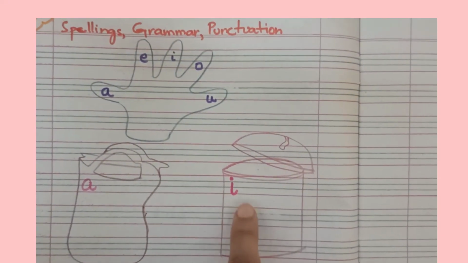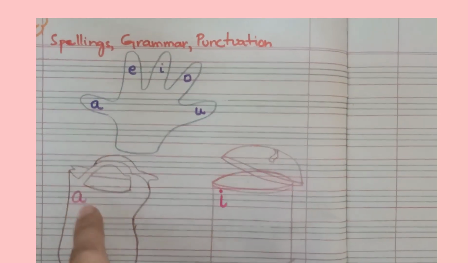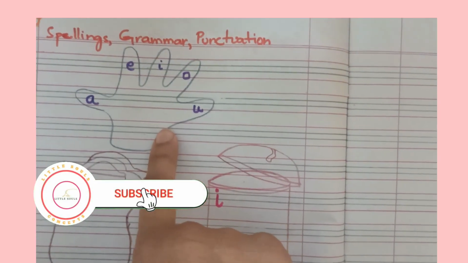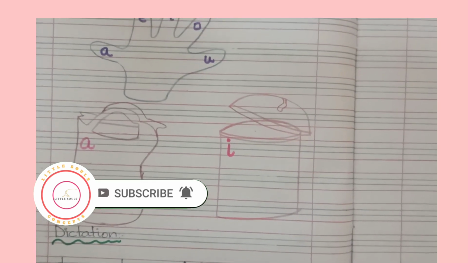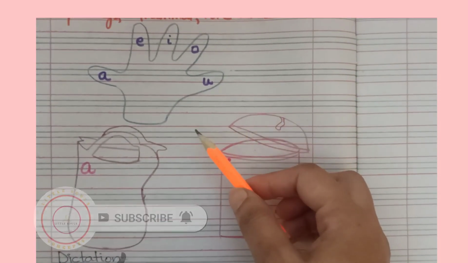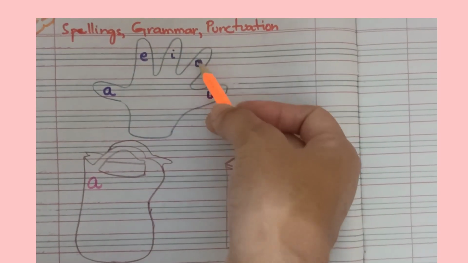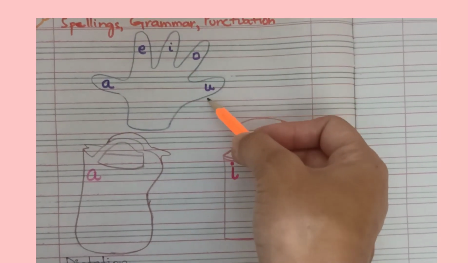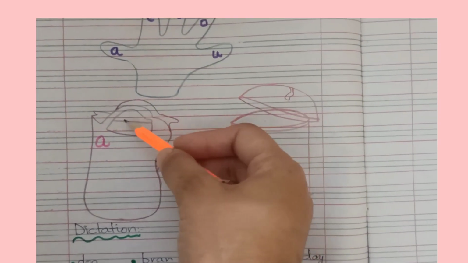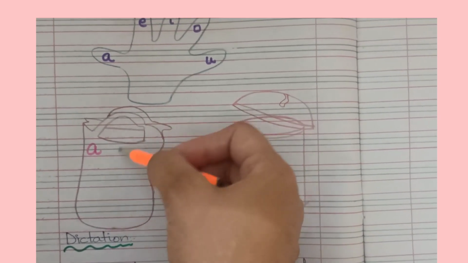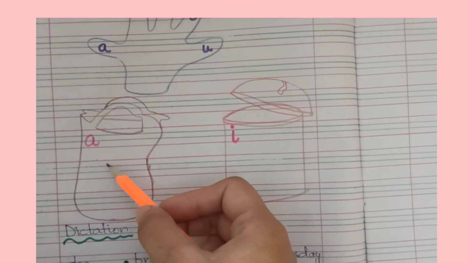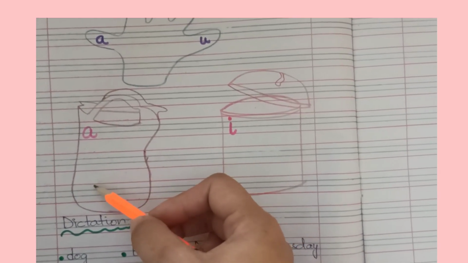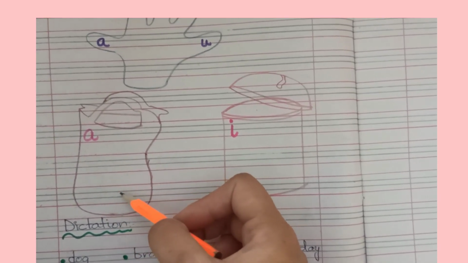At this stage, ask them to write words having the short sound. If you are following me and watching my YouTube channel, you will definitely know about these vowels and their short sounds. For example, I tried to make a bag. Okay, now I can write over it bag, hat, mat,